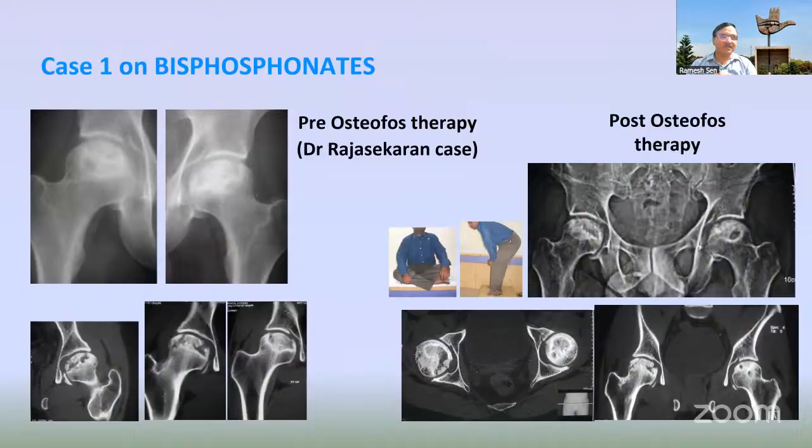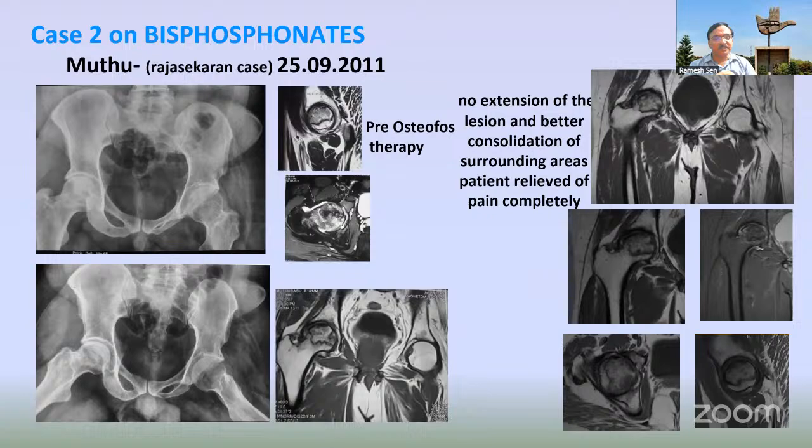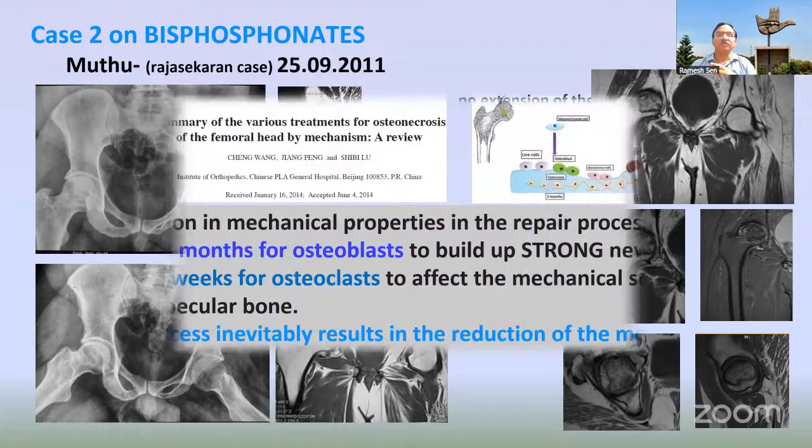And this is a case sent to me by Dr. Raja Shekharan when I had a discussion with him about bisphosphonates, because I was not expecting it to be very useful. He says he had, and then he showed that this case after the therapy became symptom-free. And you can see the changes in the MRI and CT. This is another patient he had who became symptom-free, but we can notice that, yes, the patients might feel better with the therapy, but whether things have actually changed needs a longer follow-up.